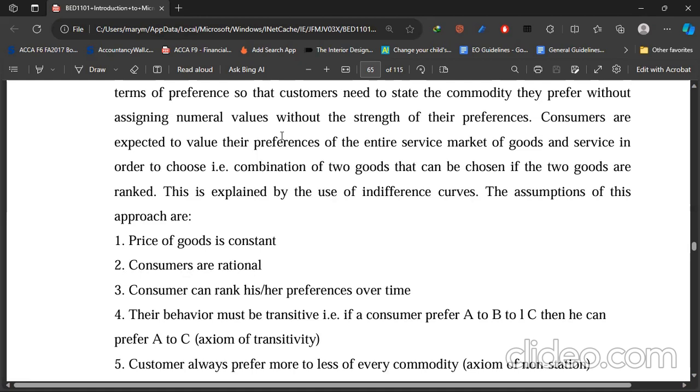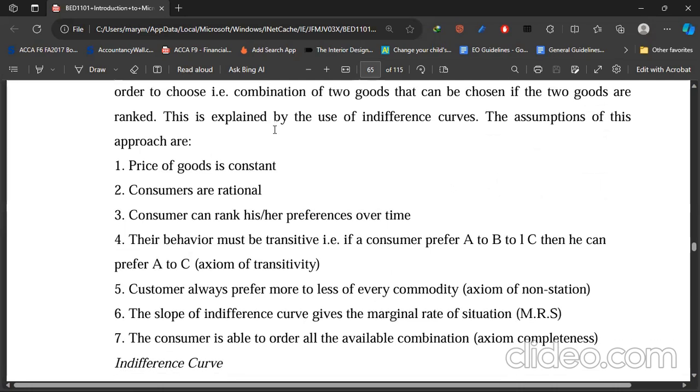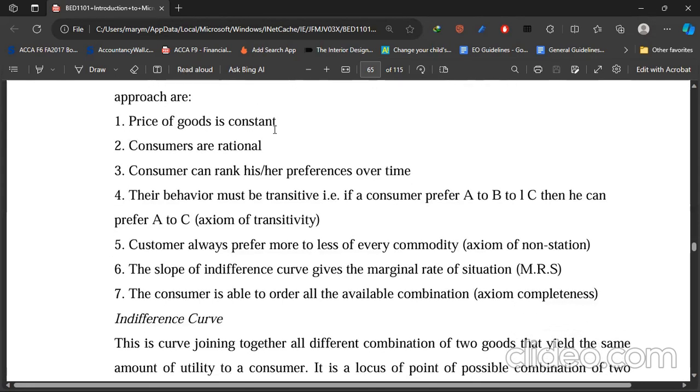So when it is used in economics, indifference curves describe the point where individuals have no particular preference for either one good or another based on their relative quantities. Now, the assumptions of this approach are: number 1, the price of goods is constant. Number 2, consumers are rational. Number 3, the consumer can rank his or her preference over time. Then number 4, their behavior must be transitive. That is, if a consumer prefers A to B and B to C, for instance, then they prefer A to C,